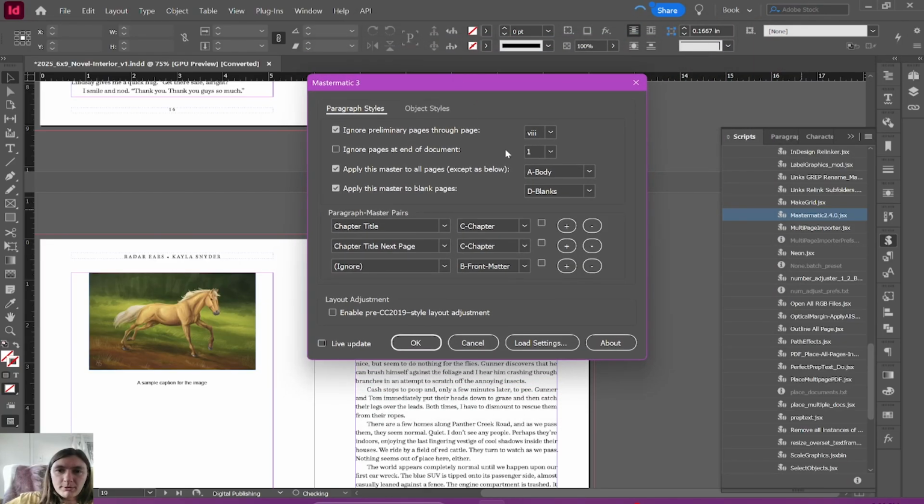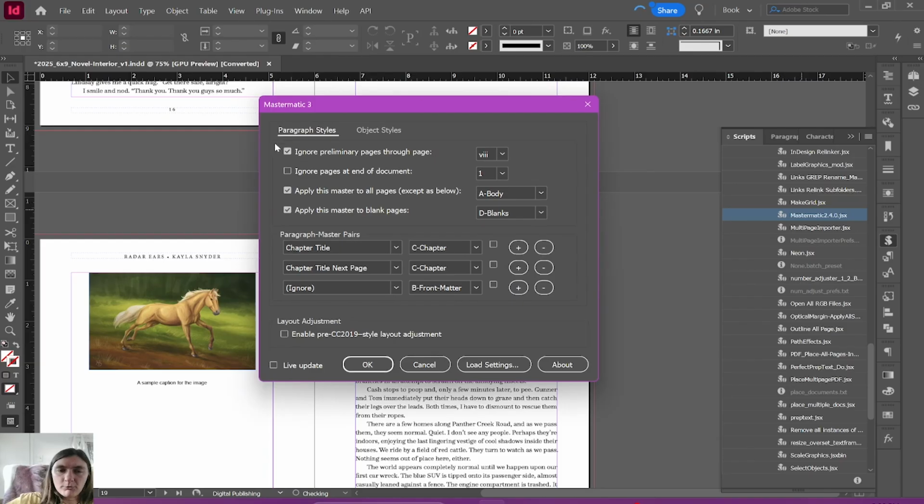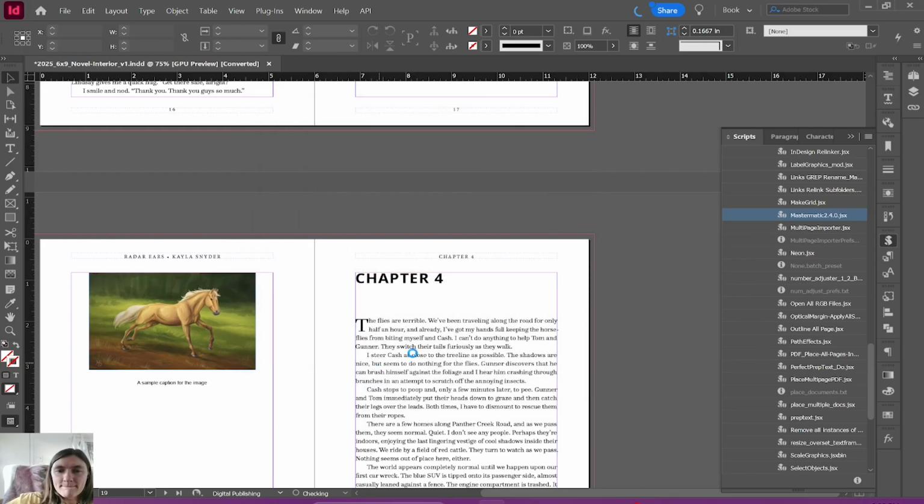So what this tool is going to let me do is apply certain parent pages based on what's on the page. For example, I can tell Mastermatic to ignore all of my front matter pages, which is going to go up to page 8 in Roman numerals. Then we want to apply the A body generally. It's going to apply D to all the blank pages. And then every time it sees a chapter title or a chapter title next page style, it's going to apply the C chapter. So when I click OK,